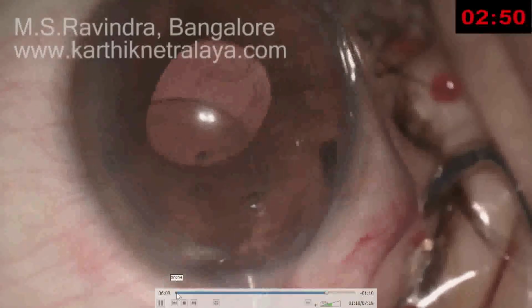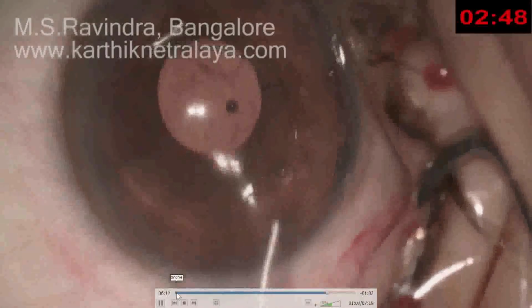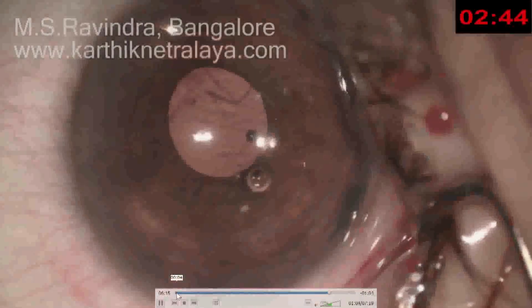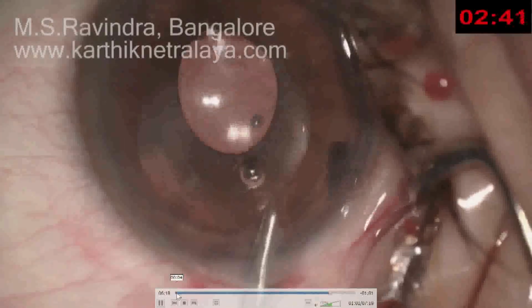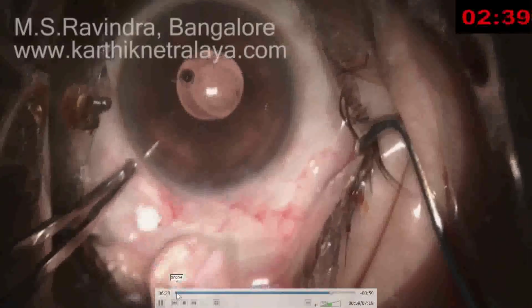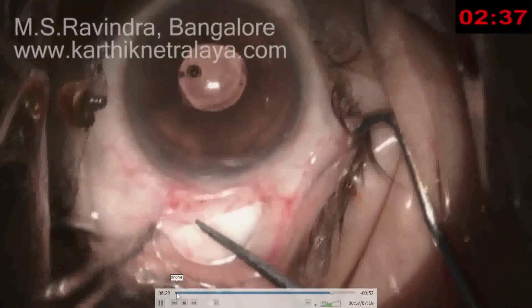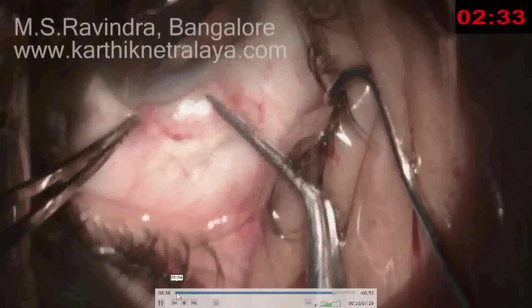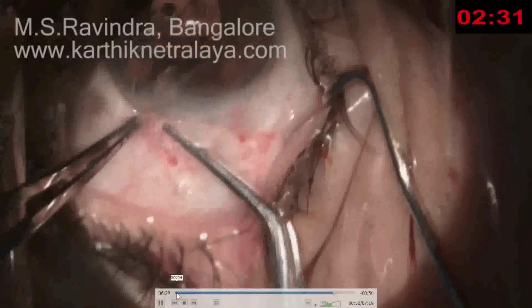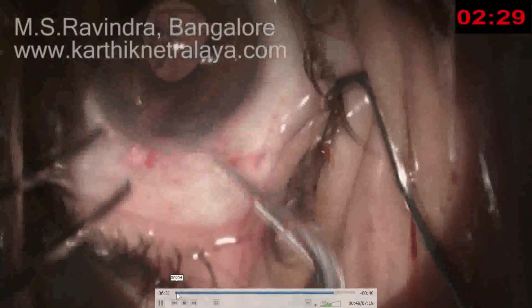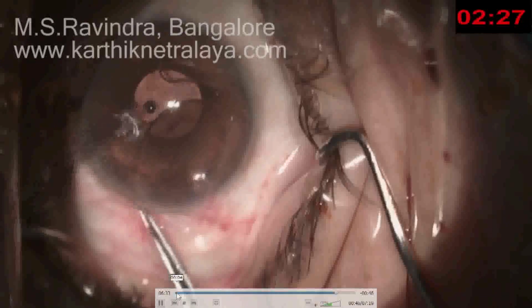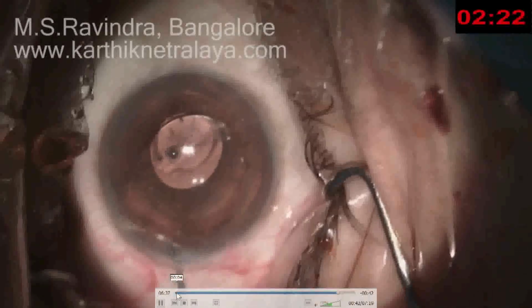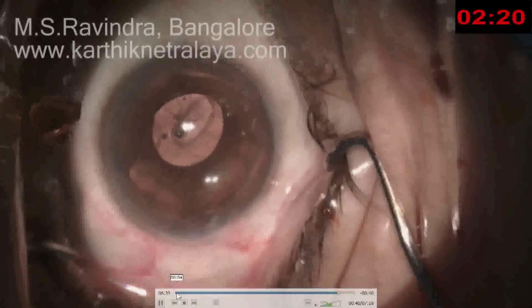A Kelman forceps is of no use here. It has to be a lens holding forceps, as you can see here. Hold it up and then pull it out of the eye. This lens, as I said, the convexity of the haptic optic should be anterior so that the haptics don't press on the angle region. The trailing haptic is positioned in the angle region now, and viscoelastic in the anterior chamber